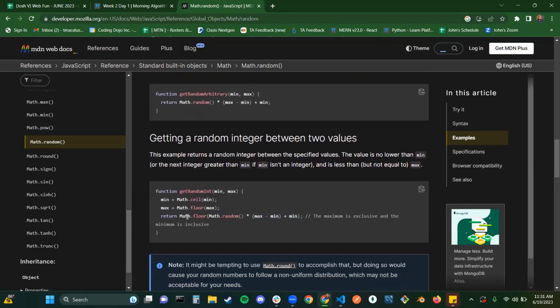And like I said, you can adjust this for ceiling if you prefer to use ceiling. This is typically the one that you'll see. These are just making sure that the numbers coming in are, this is basically scrubbing the input to make sure that the input is an integer as well, because it complicates it if not. Yeah, so you have the math floor here, which is going to bring that number down